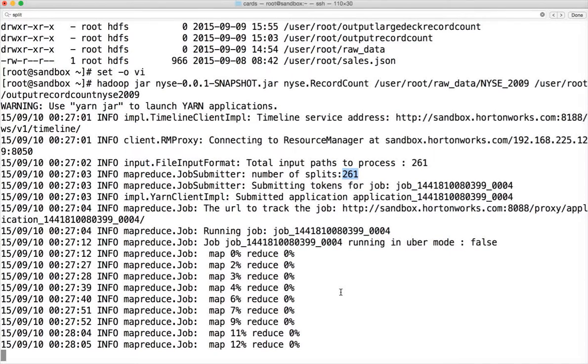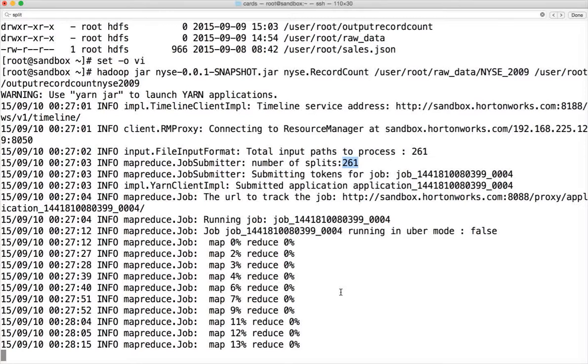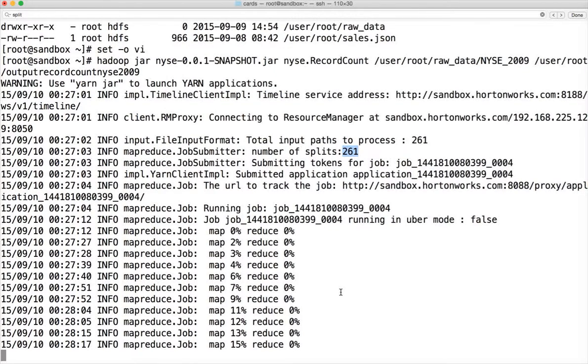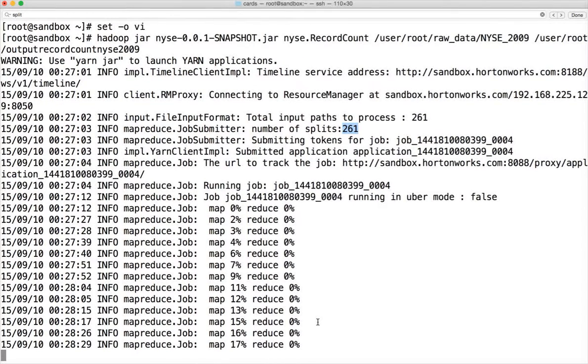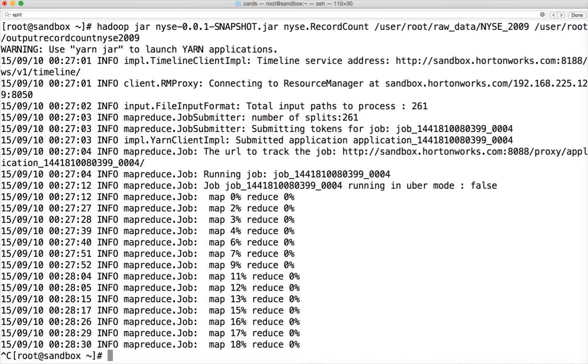It will help you to determine how many mappers will be invoked while running a program, and there is a reason why I'm showing it here. Soon we will try to address this issue to reduce the number of mappers to execute this program. If you see, it is taking a while, almost 1.5 minutes, still only 16% is done. I'm killing this job, and I will try to place some trick here to reduce the number of mappers